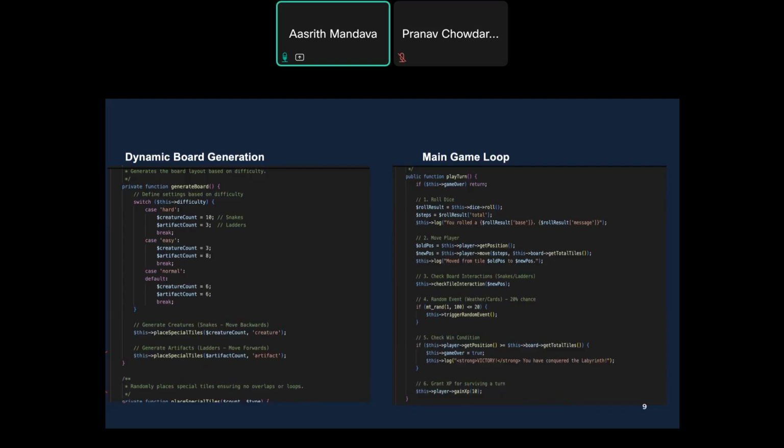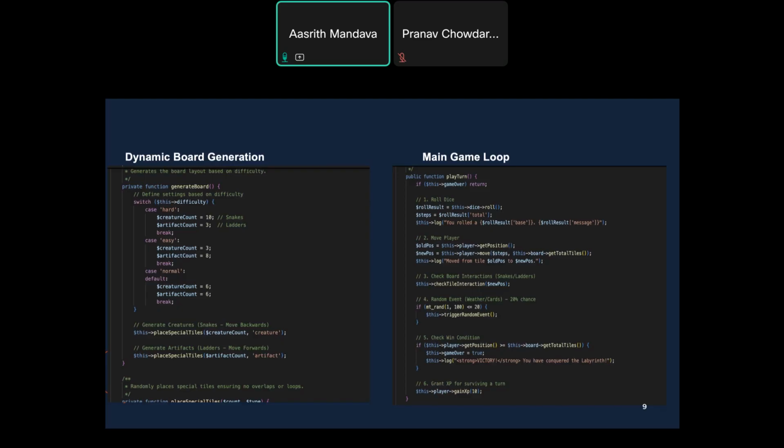The current player submits a dice roll. We compute the new position based on the roll. We look up the tile type on the board, and then we apply the effect on that tile. After updating the player stats and any session variable, we check for winning or losing conditions. And then finally, we switch the active player in the session to support multiplayer turns, and then reload the game screen